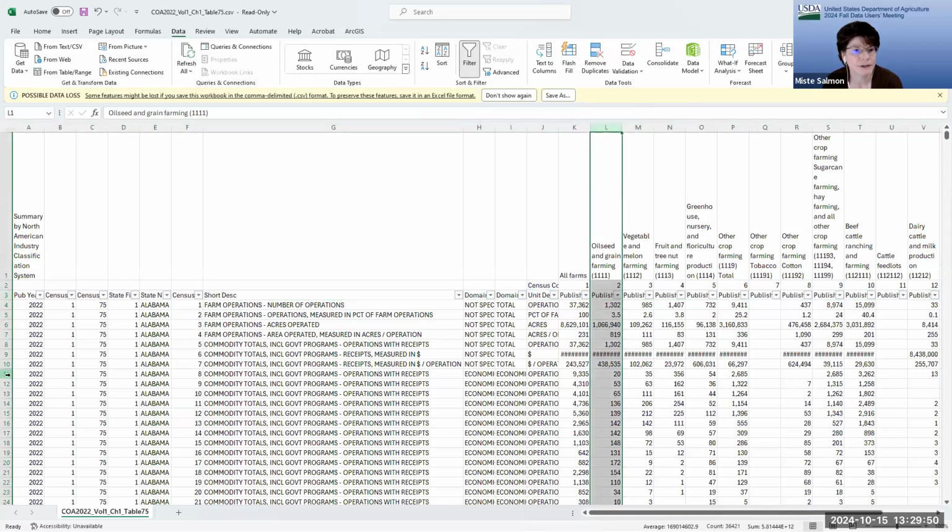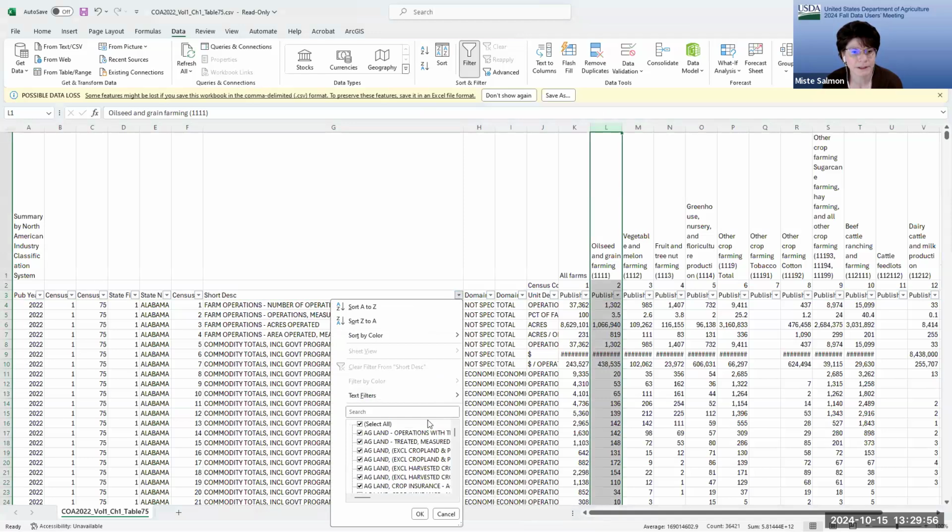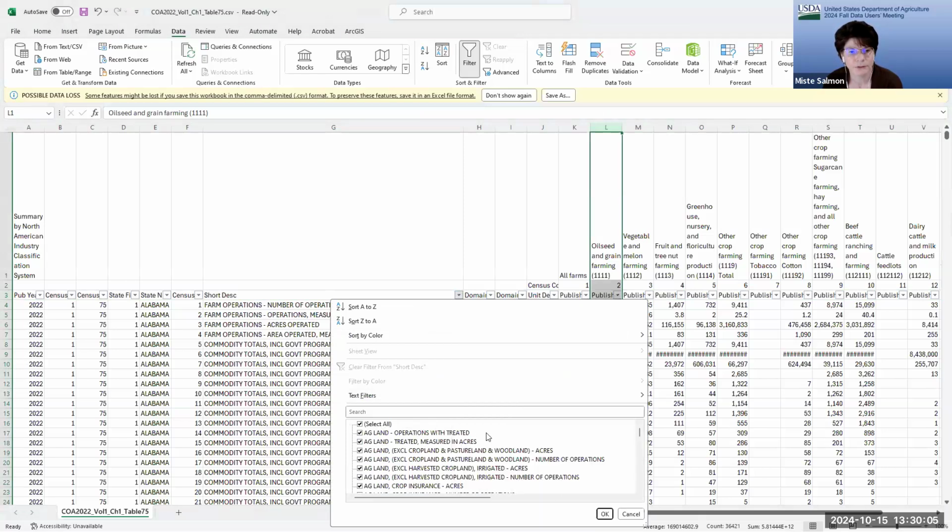Now, if we use the filter in short description and make the filter wider by the bottom part of that, and scroll or move it, yes, thank you. Here are all the data items in these tables, and there are quite a few. Now if you deselect Select All and go down to producers,